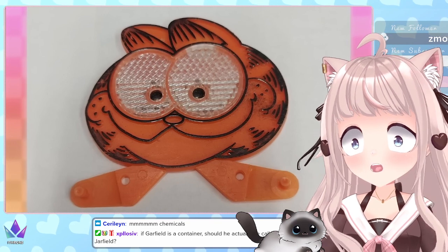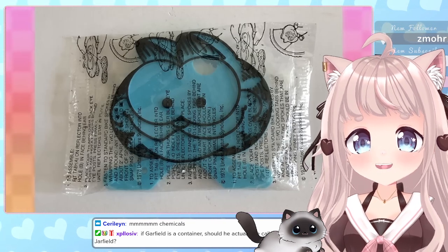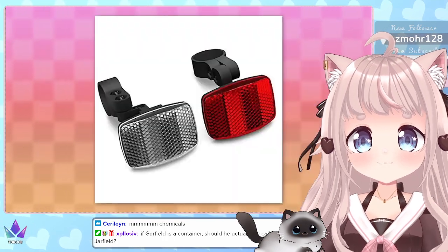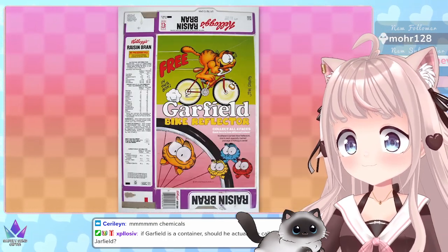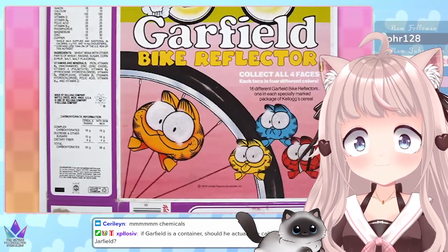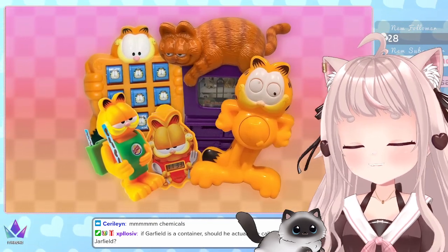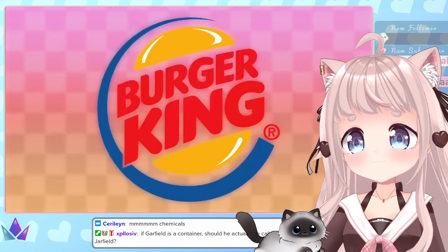Not only do these just look really creepy, but its existence is just so obscure. Out of all things to make Garfield themed, like a freaking bike reflector that's specifically attainable by finding it at the bottom of a cereal box. Speaking of finding Garfield items in your food, let's take a look at the many Garfield fast food toys. In 2013, Burger King had a set of Garfield toys,